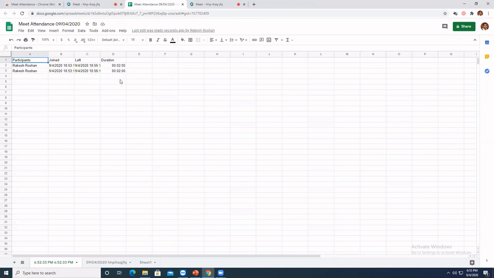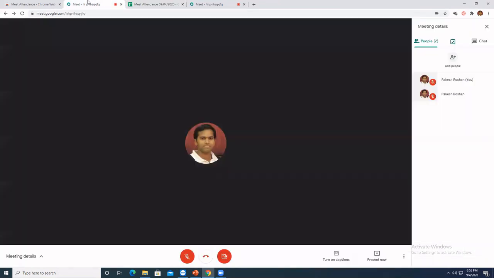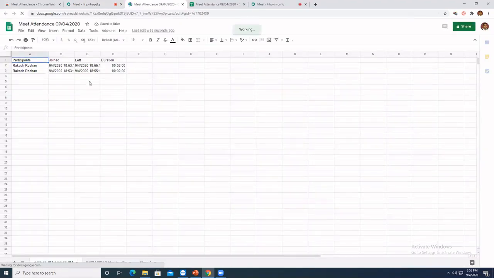Right now, since the meet is on, in the left time it is just showing the current time, but do not worry. Once you collect the data, it will actually take the right time of leaving the meeting. So don't worry about the data here. As you can see, it gets updated. Let me click it again to show you that it is auto updated. So nothing to worry about the join time and the left time, and all the attendance would be provided to you.